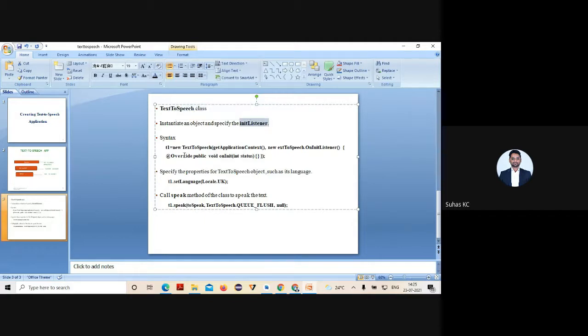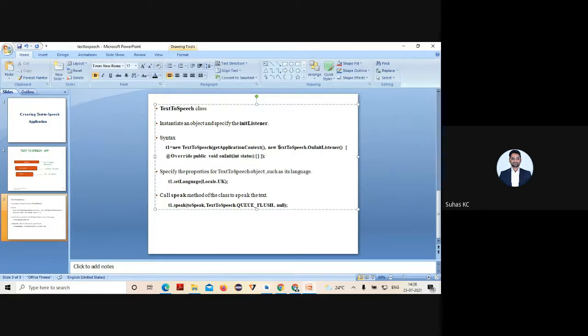So see here, for that I need to create that one. How do I create and receive the object for the text to speech I've created? It is T1, equal to new TextToSpeech constructor, getApplicationContext, new TextToSpeech.OnInitListener. So this is the instantiated object I've created. This is the OnInitListener object I'll create. As soon as I create this particular method, automatically the run method, the onInit method, will be created. It's a simple thing.